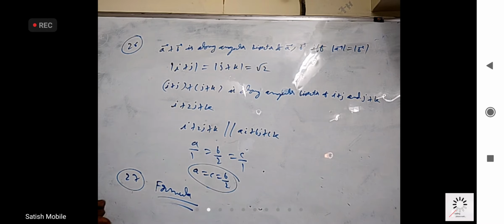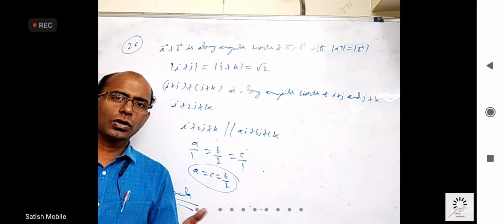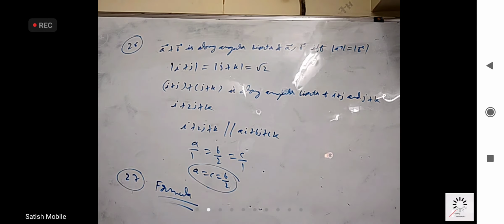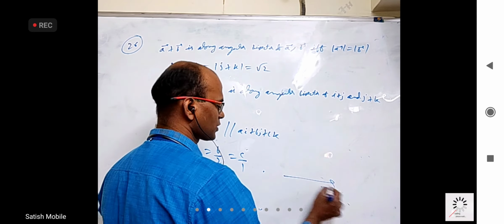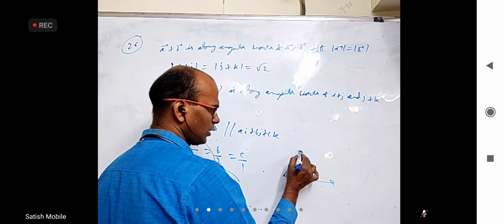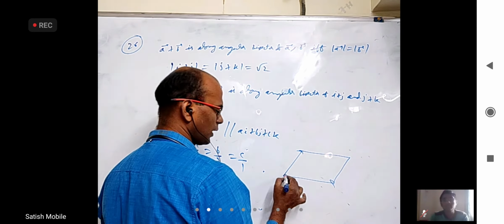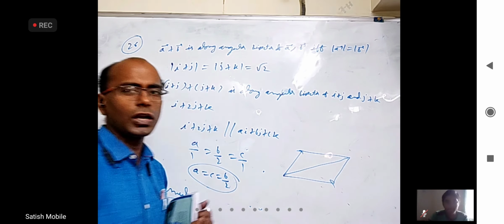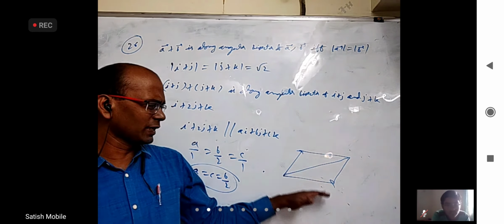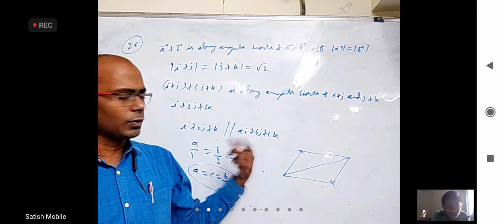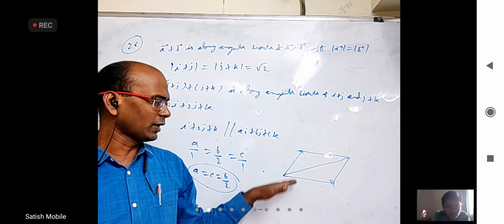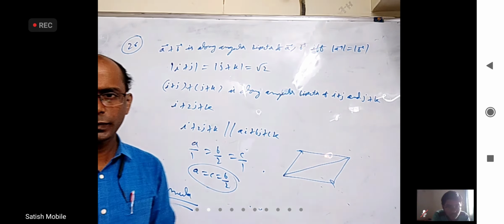Twenty-sixth one. Normally A bar plus B bar is not necessarily along the bisector of A and B, but it is when magnitude of A and magnitude of B are same. If two vectors have same magnitude, then if you construct the parallelogram and take the diagonal, even though in a normal parallelogram the diagonal doesn't make equal angles with the adjacent sides, when adjacent sides have same length, it becomes a rhombus, and in a rhombus, diagonal bisects the angle between the adjacent sides. Okay, so that is exact.